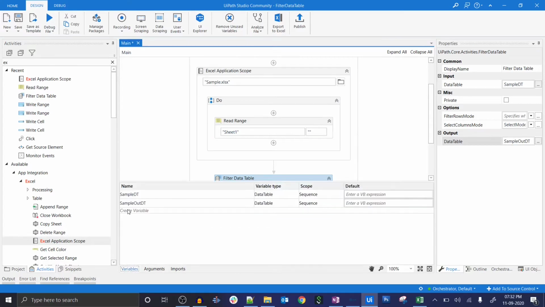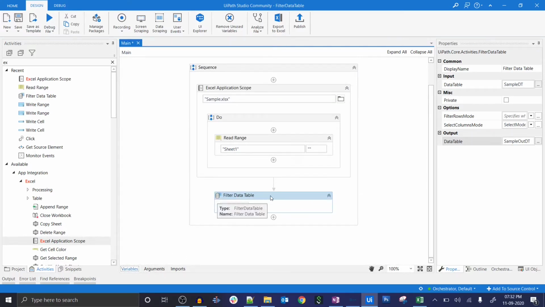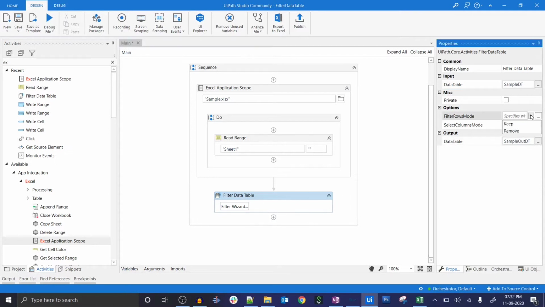Sample out DT is also a data table type. But we have not performed any action here. We have just provided the input data table and output data table, but no filtering. You can pass the filtering options here directly, keep or remove, if you want to remove rows or columns. But I will not use this option.